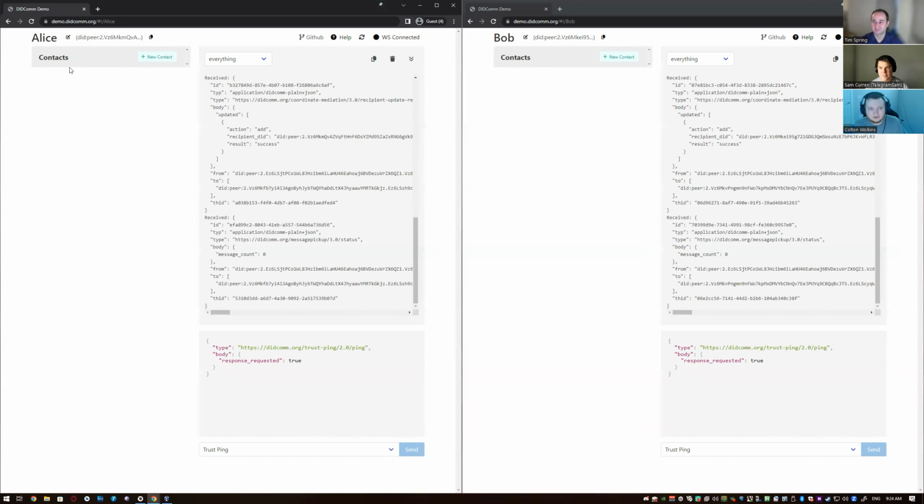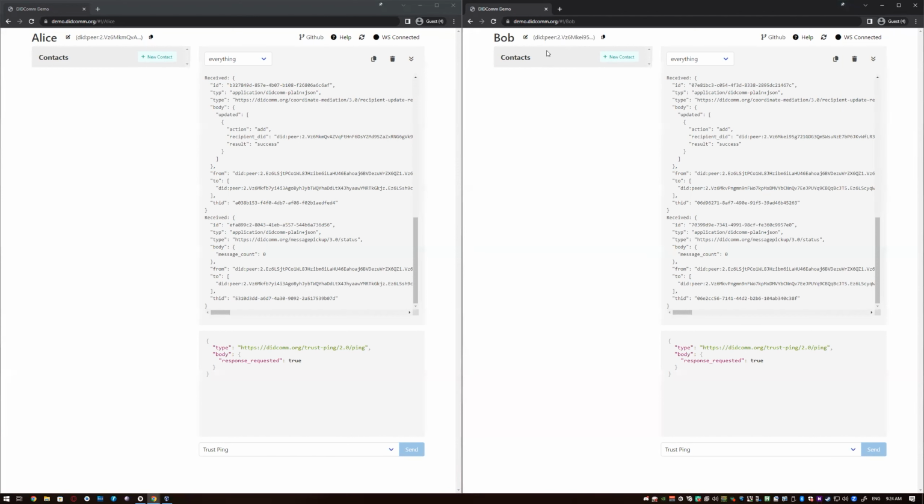And to describe briefly what we've got going on, up in the top, we can see each of these. One's named Alice, one's named Bob, and next to them, they have this DID peer that is truncated. This is the connection identifier that can be used to connect to varying agents, or in this case, connect to